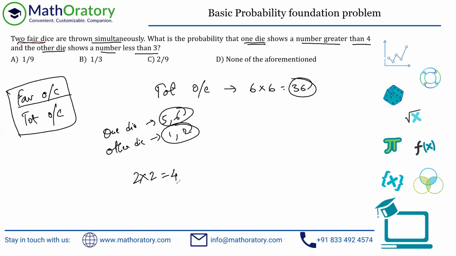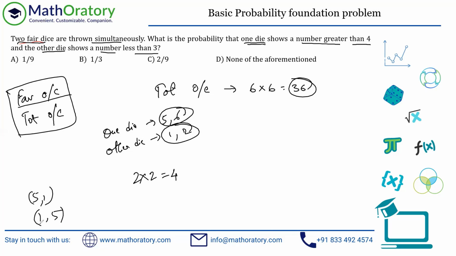So we have a total of 4 possible arrangements, or rather distribution of these two numbers over the two dice. But we don't know which die is getting the 5 and which die is getting the 1. For example, if I pick 5, 1 as the two outcomes in the two dice, the first die could be 5 and the second die could be 1, as well as the first die could be 1 and the second die could be 5, right? So we can have both 5, 1 and 1, 5 as an outcome.